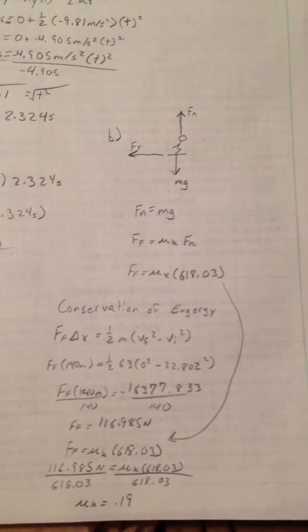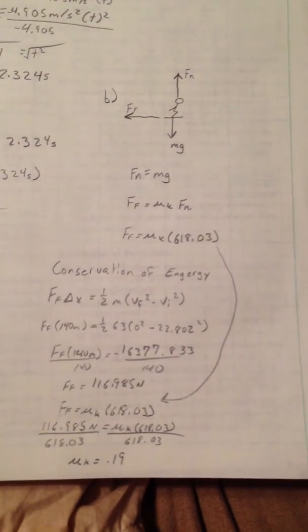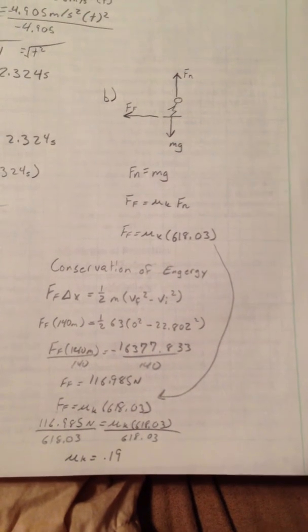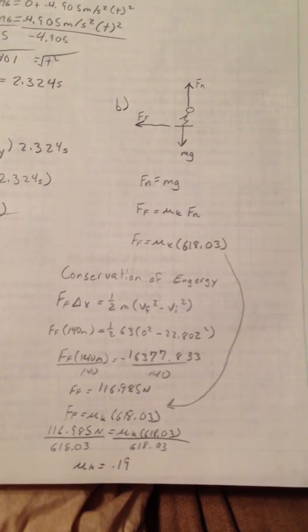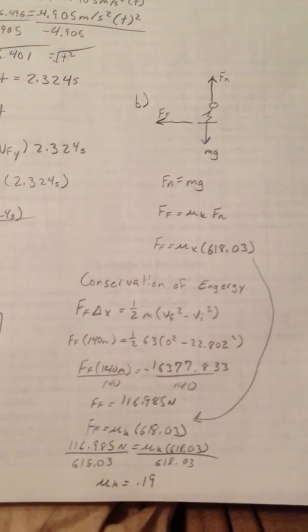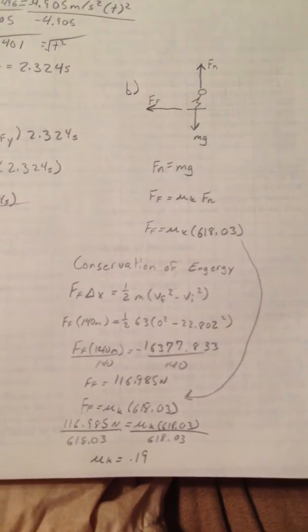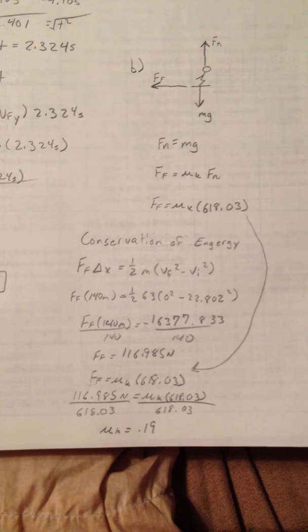You got friction going towards the back, your normal force going up, and gravity going down. And you know F of n is equal to mg, and the friction is mu k times F of n. And you know what F of n is, 6.18.03. And using the conservation of energy equation,